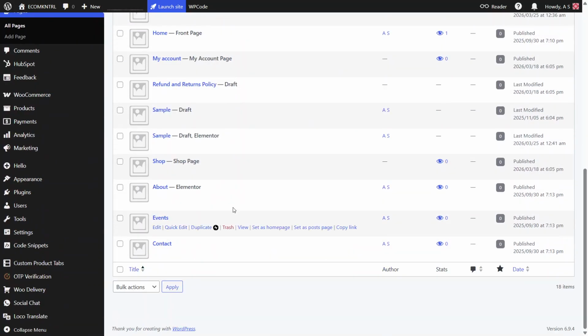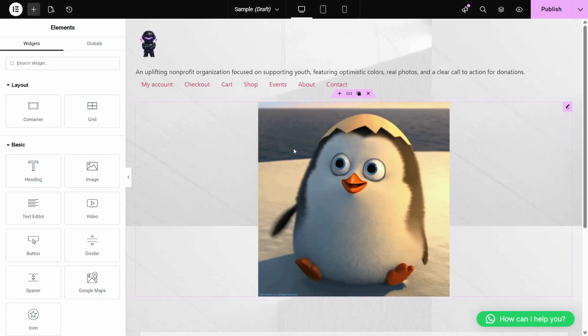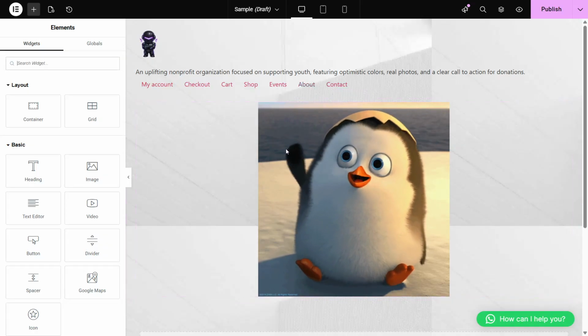When you hover over that page title, you'll see several options appear underneath it. Click on Edit with Elementor to open that page in the Elementor page builder. Once Elementor loads, you'll see your page layout in the main area, and on the left sidebar, you'll see the